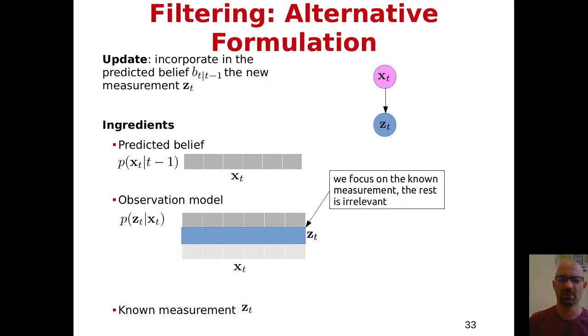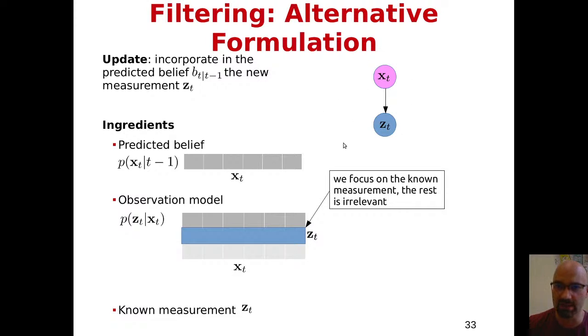If I ask you, did you move 1 meter or 1 meter and 3 centimeters, you might not even know it, right? You might guess that you didn't move 10 meters, right? In order to refine your state, you need to incorporate the observation. So you open your eyes, and then you can see maybe that the wall is at 3 millimeters from your face. You say, oh, maybe I moved 1 meter and 10 centimeters, more or less. So what we want to do at this point is to integrate the measurement that then becomes available. So the measurement is a value that enters our filtering mechanism. And how do